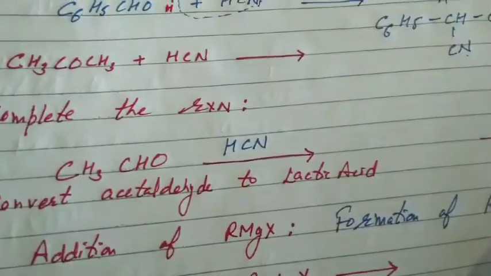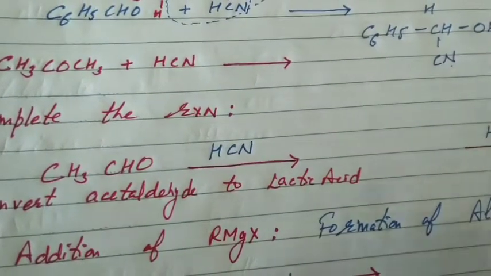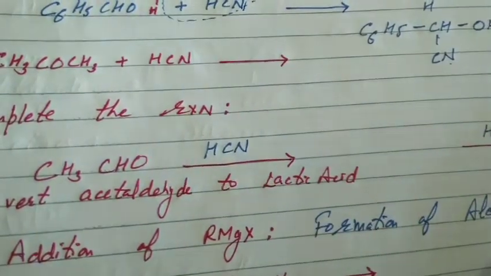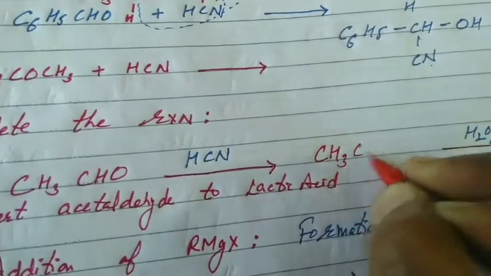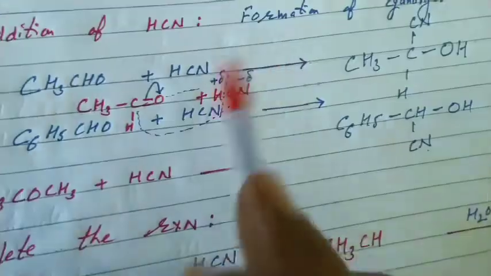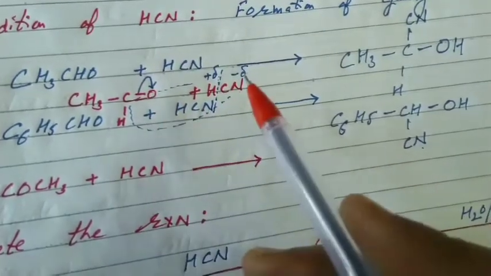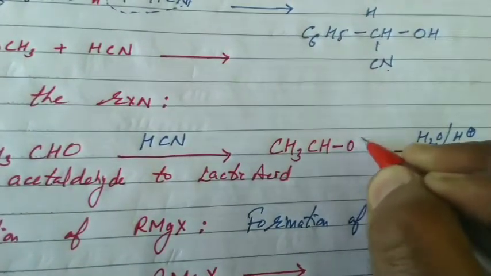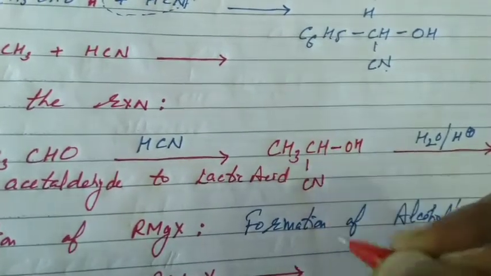Now next, complete the reaction. CH3CHO, HCN. We have to mention the product. Students, it is clear the carbonyl compound undergoes nucleophilic addition. Addition of HCN, that we discuss now. What will happen? CH3CHO. The pi electrons migrate to oxygen. The positive part of the attacking reagent attacks oxygen and the negative part attacks the carbonyl carbon. Now it is clear what will happen, students. All of you know CH3CHOH, and cyanide, the negative part, attacks the carbonyl carbon.